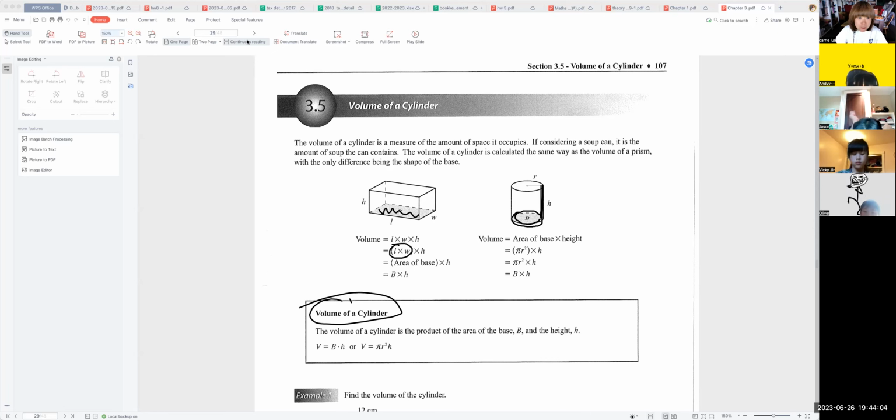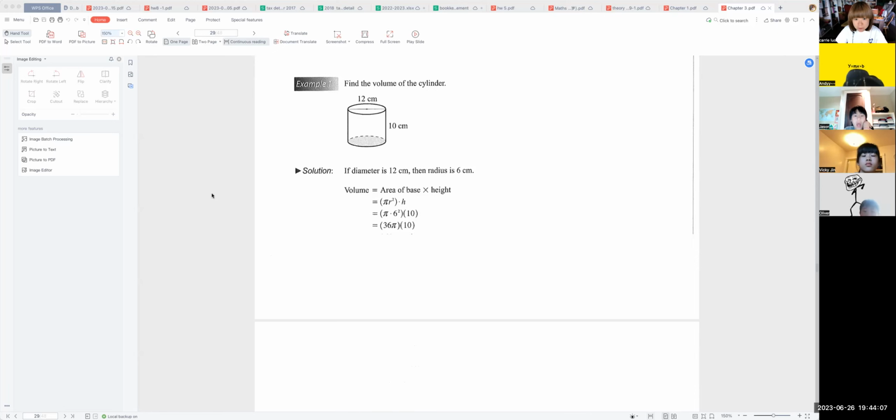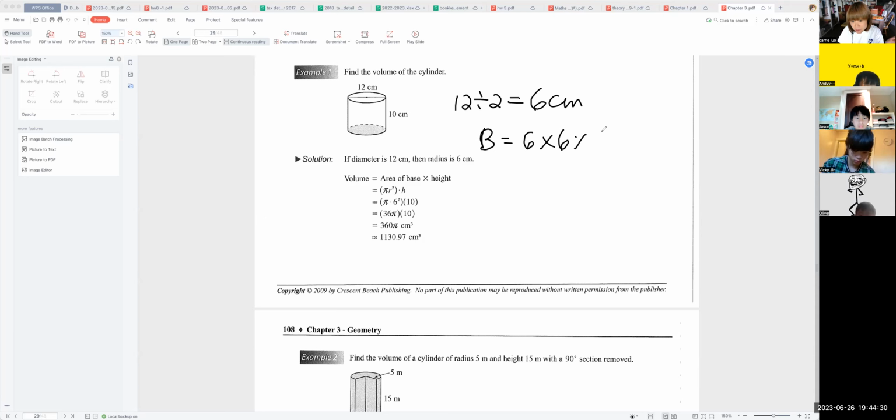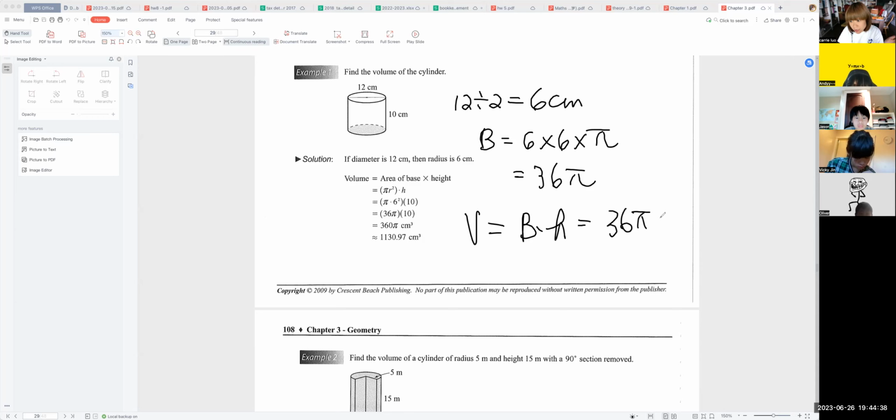Okay, everybody. So if you're done, let's move forward. Okay, so everybody, let's take a look at this one. So sometimes the question is very friendly. They told you the radius directly. But Jason, obviously, the example one is not a very friendly question, right, Andy? They give you the diameter. But everybody, you should have the ability to do 12 divided by 2 equals 6 centimeters. And the base equals 6 squared times pi equals 36 pi. Then you use the volume equals base times height equals 36 pi times 10 equals 360 pi centimeters